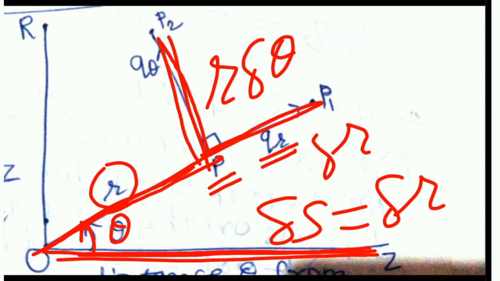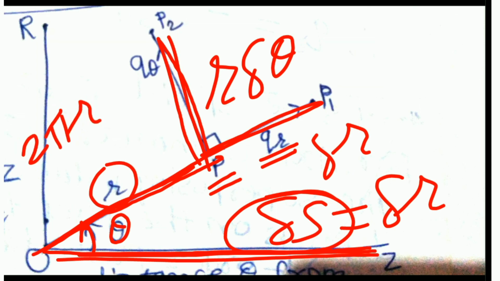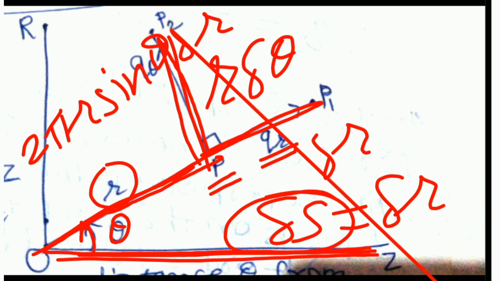The area of the surface of revolution of this delta s about OZ is 2 pi r sin theta delta r, and the volume of the fluid crossing this per unit time from right to left is